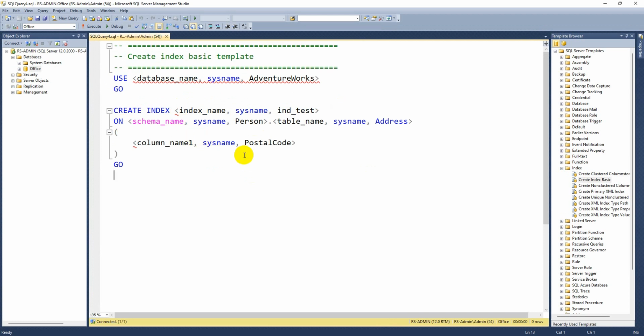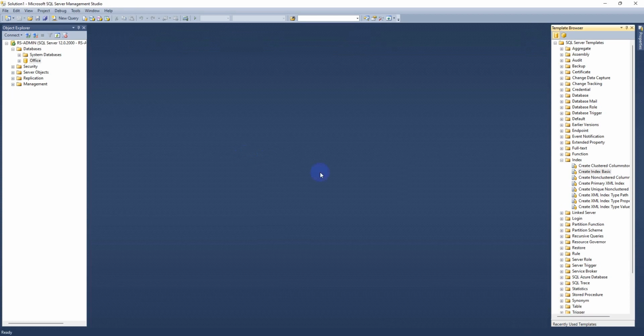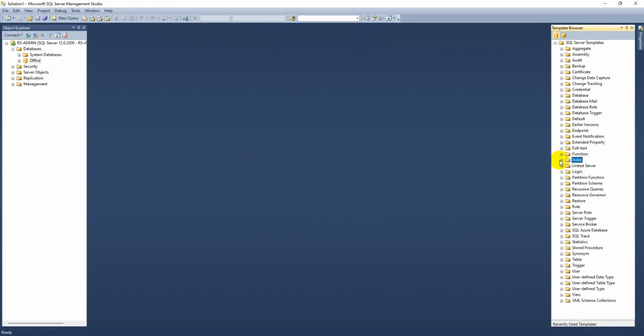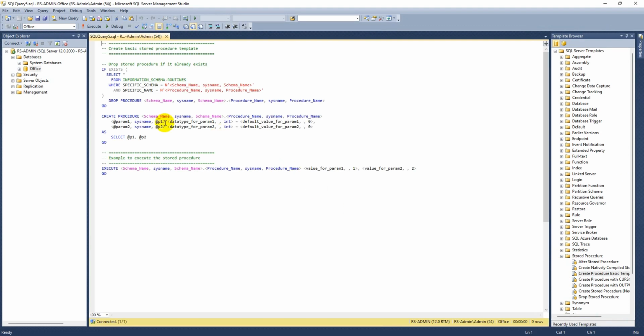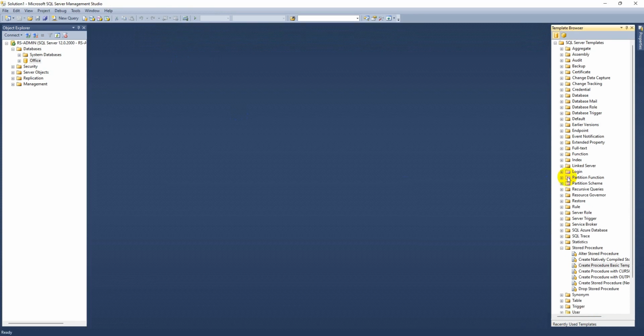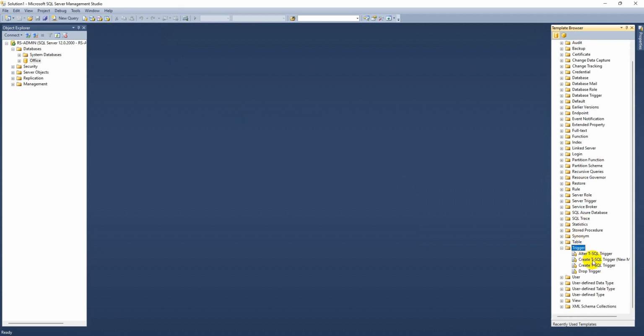This we have already covered in the last SQL topics, so I hope you remember. Like the same, in case you want to create a stored procedure, you can see the create stored procedure template: create procedure, procedure name, parameters, as, you can have begin, end. Like that, it will give you the basic overview and basic syntax you can remember. Let's get into the topic. So that is what a trigger.